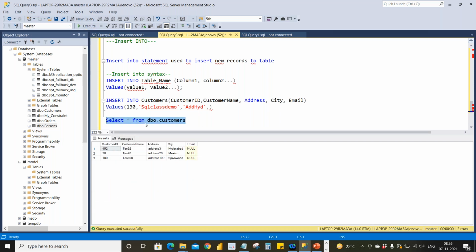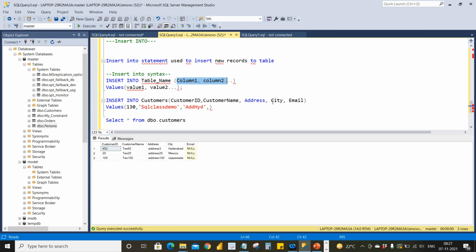We can insert the data using this particular statement. So the syntax goes in this way. Insert into is the keyword, table_name is the table name, and here we need to mention which columns we need to insert.